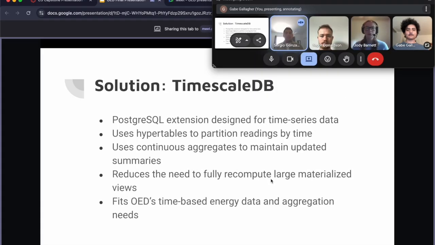TimescaleDB is a Postgres extension specifically designed for time series data. It uses hypertables to partition readings by time, making queries faster. It also uses continuous aggregates to maintain updated summaries without needing to fully recompute large views every time. This fits well with OED's time-based energy data